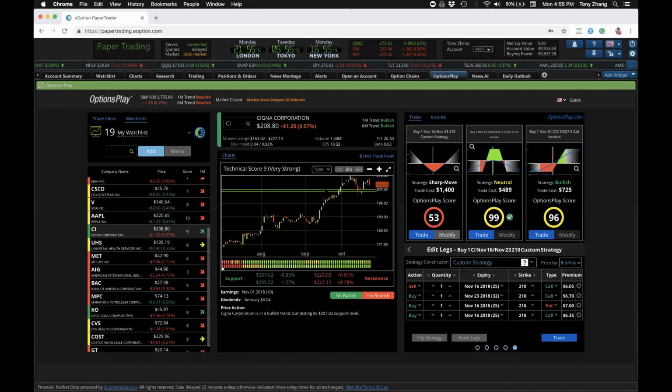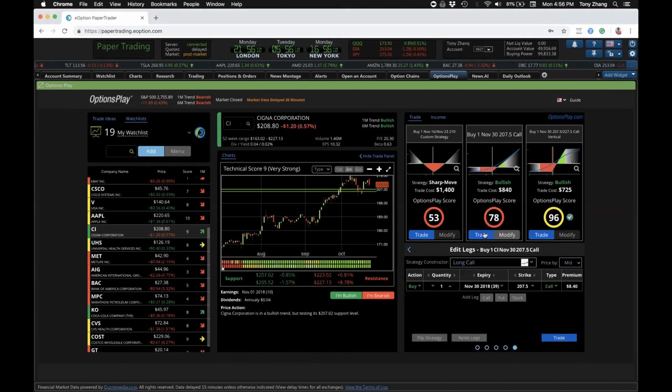Steve's asking, does OptionsPlay look at volume and open interest? We do not. I'm guessing you're asking this question because you're concerned about liquidity, which is absolutely something that you should be looking at, but we don't believe that volume and open interest is a good gauge for liquidity. The reason for this is that open interest and volume is really just